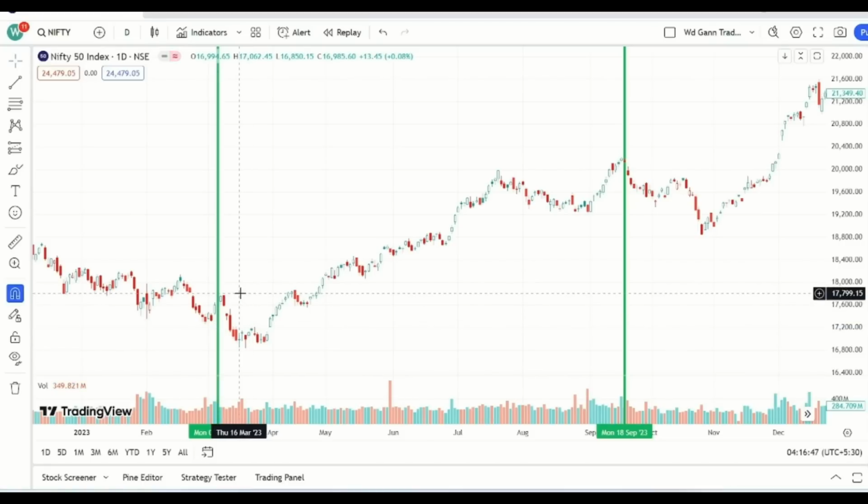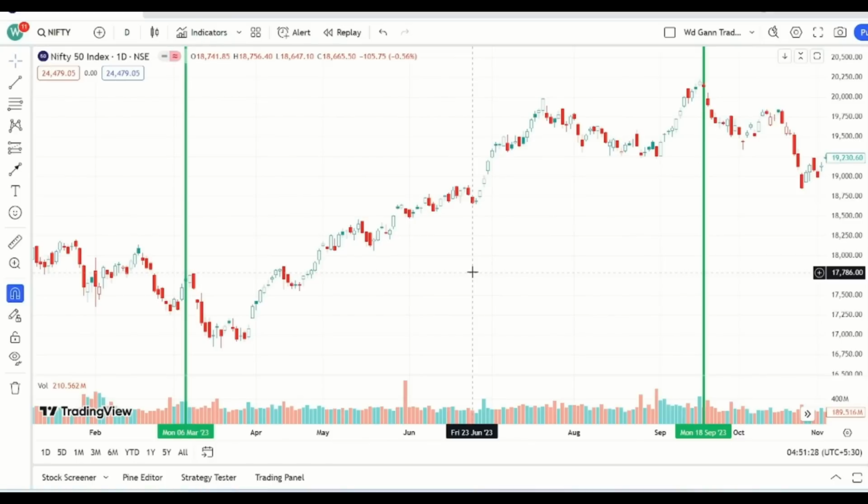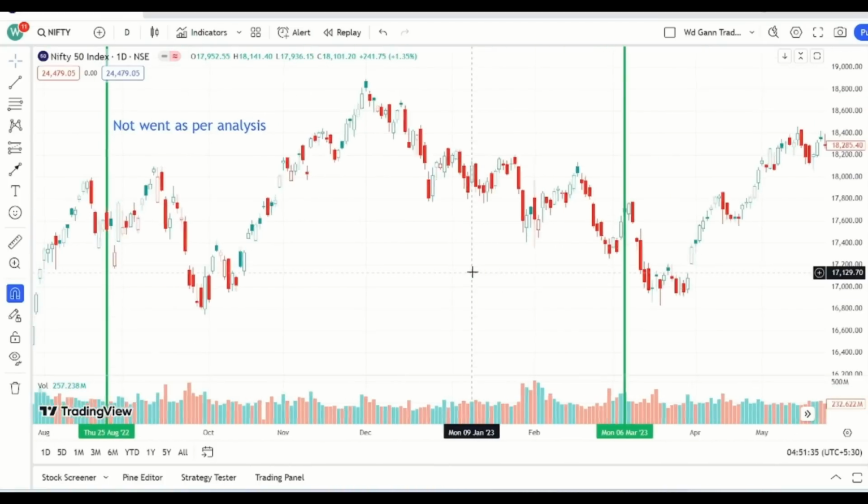the market. Market went from the level of 17,767 to the level of 16,785. So we can say that it has given a very good reversal here. So we can say that the Venus sextile aspect is working with very high accuracy on the Nifty chart. To make our work easier, I have marked all the dates of the Venus sextile aspect till the year 2020. So let's go back in the past.